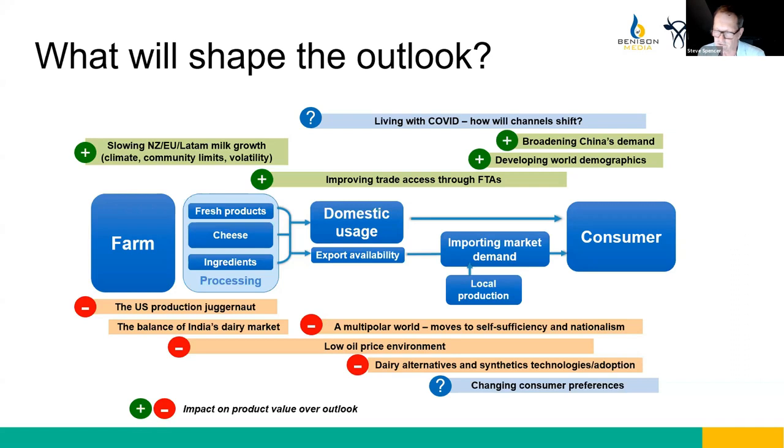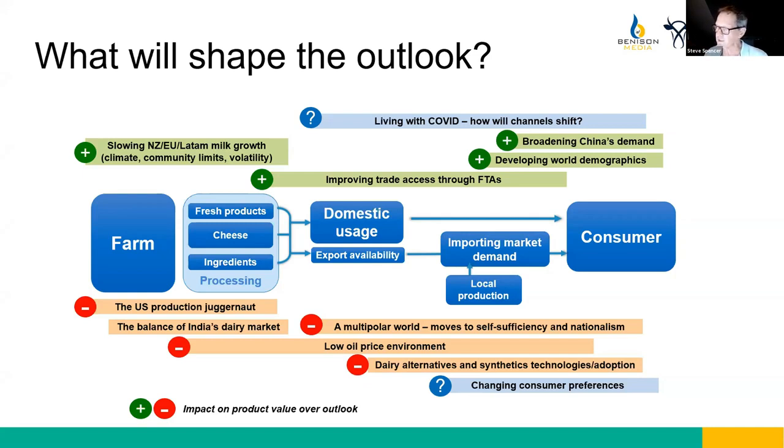The European Union is running up against environmental limits. It's also constrained by the way in which dairy farmers can respond to volatile conditions. We're moving down the supply chain. Of course, I mentioned China. China has broadened its dairy demand, and it is certainly a key influence. And over time, China's demand or its import gap will change. It has changed profoundly in the last 10 years and will continue to develop the role for dairy imports. And I'm sure we'll get some questions on that.